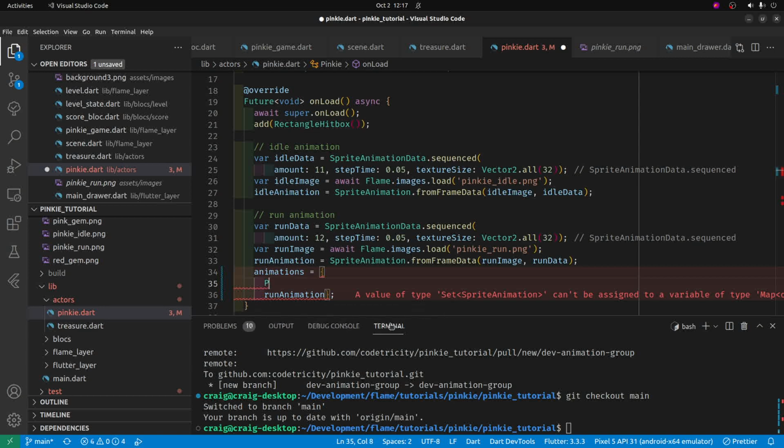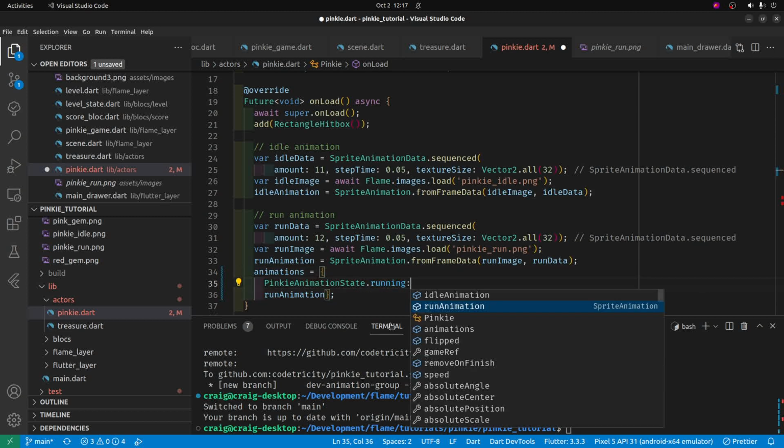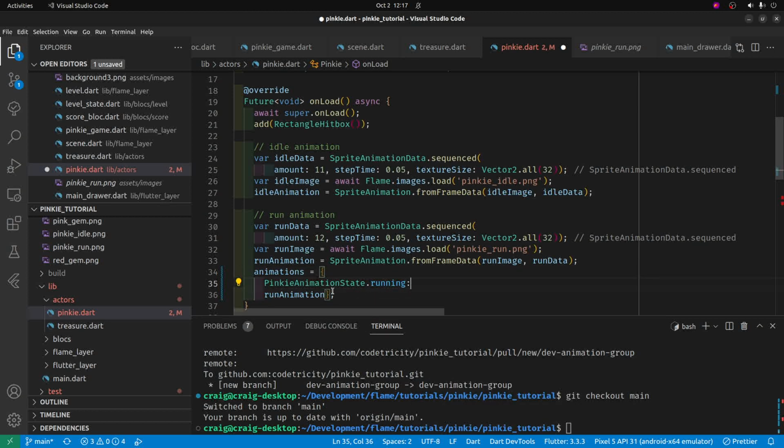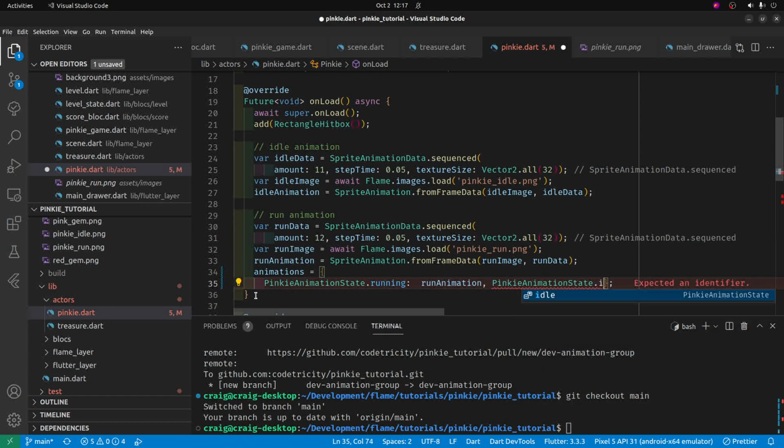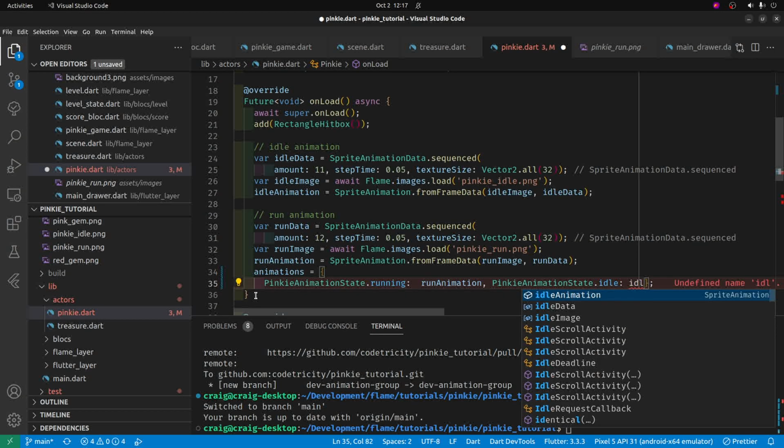So the first one is PinkieAnimationState.running, and we'll set it to the run animation. And the next one is PinkieAnimationState.idle, and we'll set this one to the idle animation,